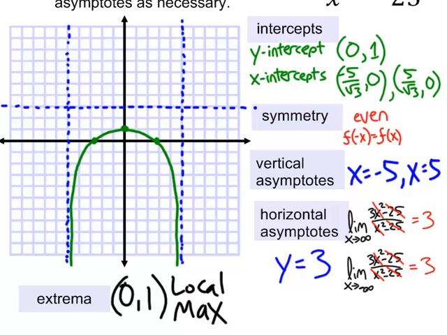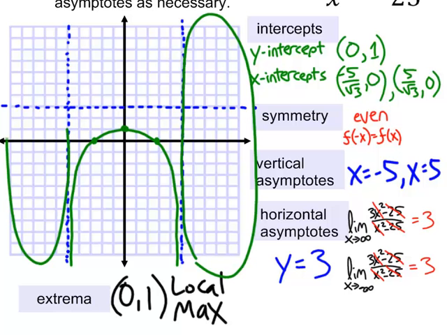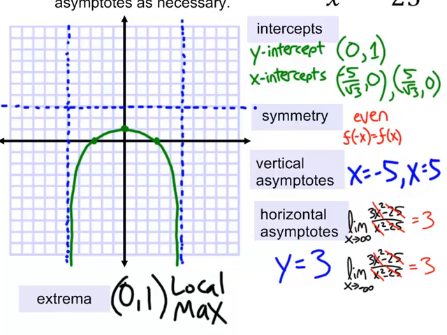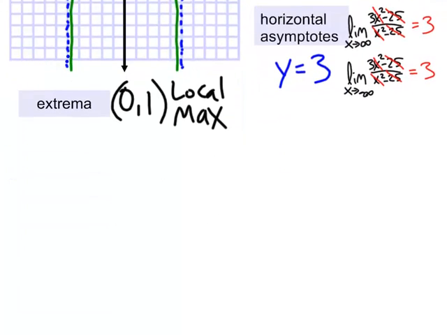And even in spite of doing the intercepts and the symmetry and the vertical and horizontal asymptotes and extrema, never really did get a sense of what's going on over here for sure. We could tell there's going to be horizontal asymptotes, but we don't know whether it does this or something other than that. So if we really wanted to be thorough, we would go completely through a process called curve sketching,